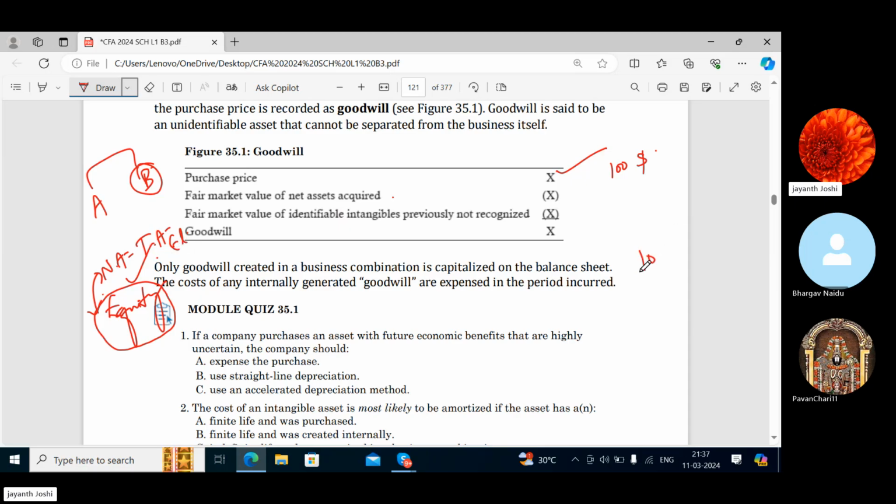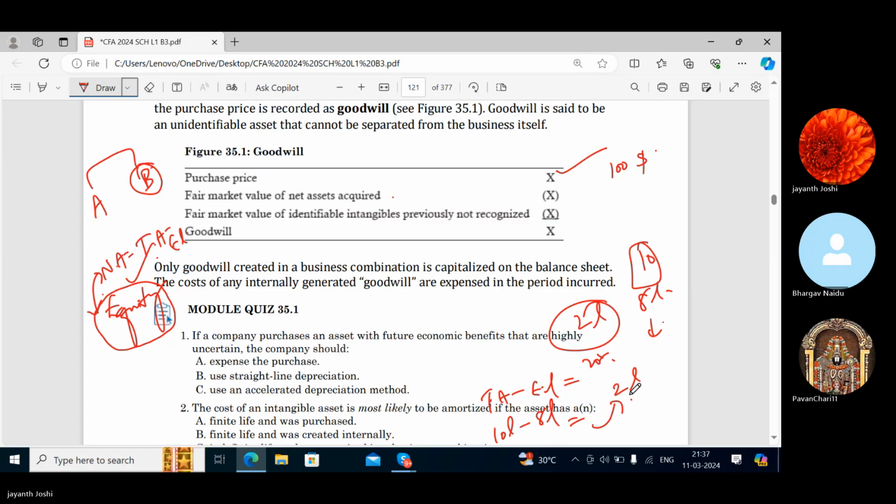Let's say you bought a car for 10 lakhs, and you paid a down payment of 2 lakhs, 8 lakhs you took as loan, so you only own 20% of this car, not the 80%. So your net asset value is 2 lakhs. How? Total of assets minus external liability. So total assets is 10 lakhs, external liability is 8 lakhs. So your equity is 2 lakhs, right? So that's what it is here.